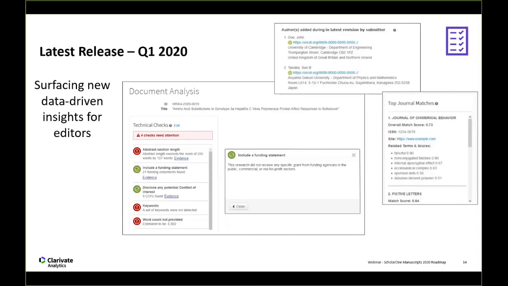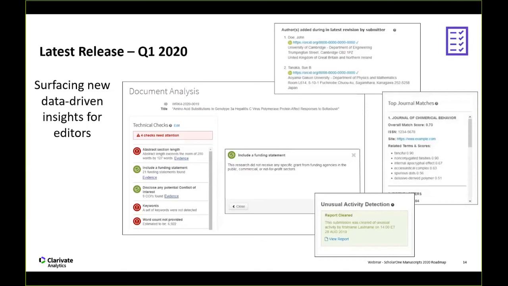Top journal matches. This is a tool that we added to, again, the document analysis section of ScholarOne. In a lot of ways, it's kind of the cousin of Reviewer Locator. But instead of looking through the Web of Science to find reviewers that match an article's scope, this looks through Web of Science to find journals that match the article's scope. Scope fit is a major issue and something that journals really want to make sure matches the first time, to ensure that the article does not need to be transferred multiple times, and that's something that we've added here in